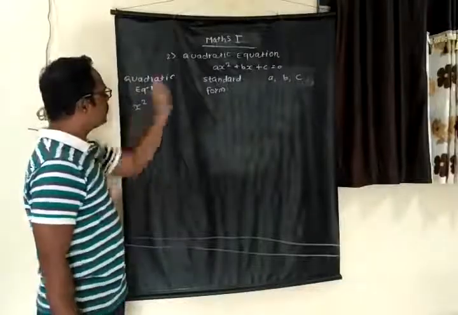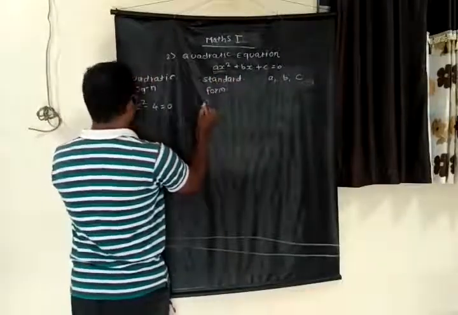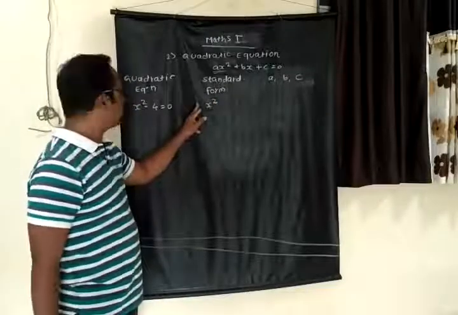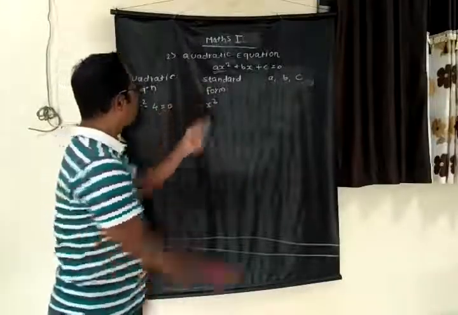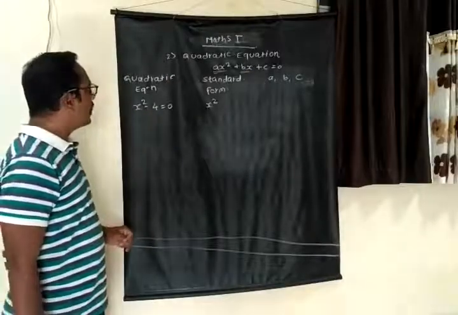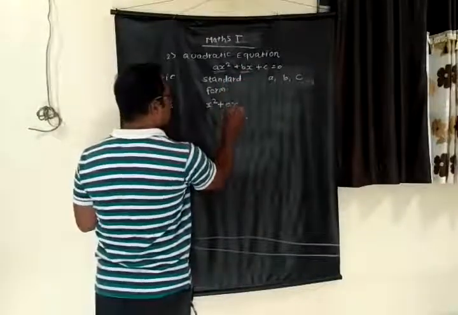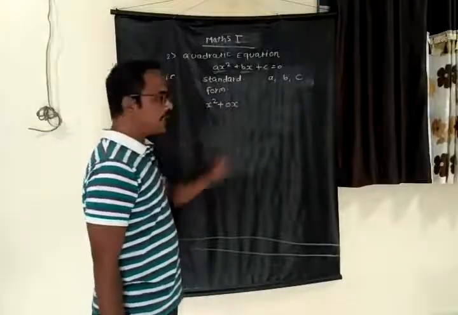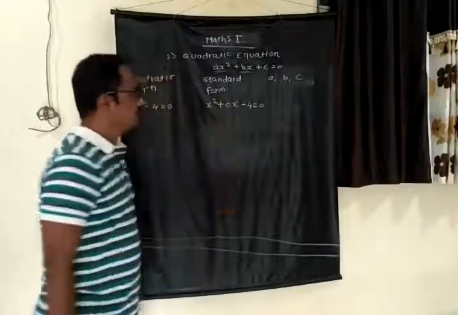So to convert this equation into a standard form, we have given x square, that means ax square, we know its value x square. There is no coefficient of x square, that means the coefficient of x square is 1. Then the term bx. So here there is no any term like as bx, the middle term. So by taking 0 as its coefficient, we write here 0x. Then minus 4 will be as it is, equal to as it is, 0 as it is.